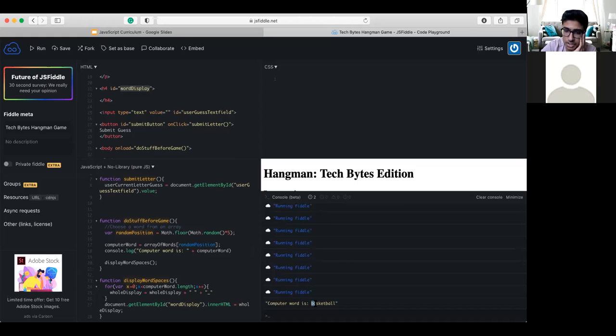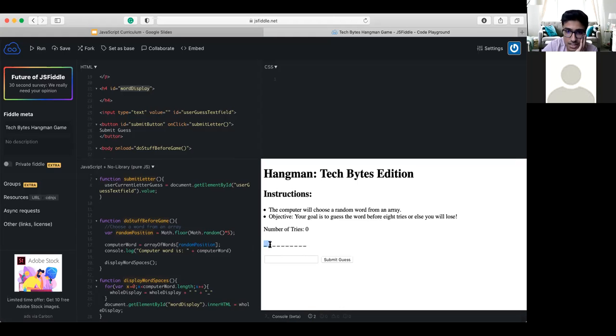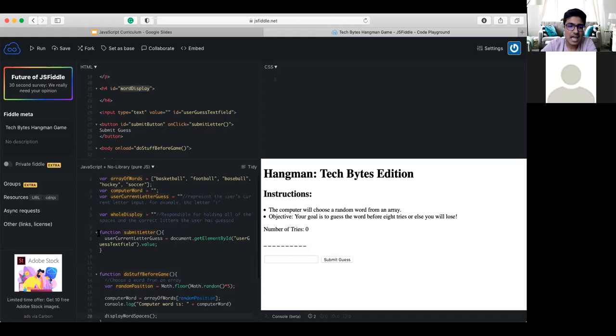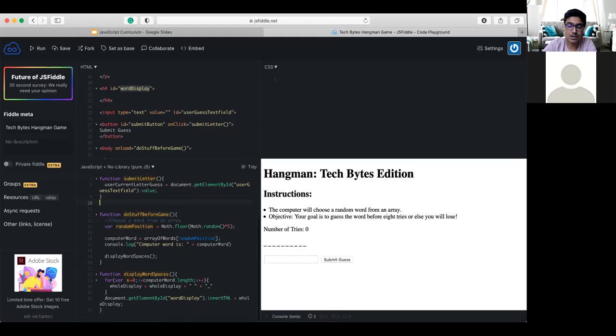That's 1, 2, 3, 4, 5, 6, 7, 8, 9, 10, so we should see 10 corresponding spaces. Let's see. 1, 2, 3, 4, 5, 6, 7, 8, 9, 10. Voila. There we go, guys. We can see that we have correctly outputted the number of spaces, signifying how many letters we have to guess. And that takes care of our large concept for the day.